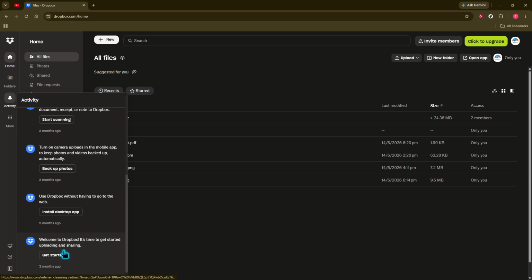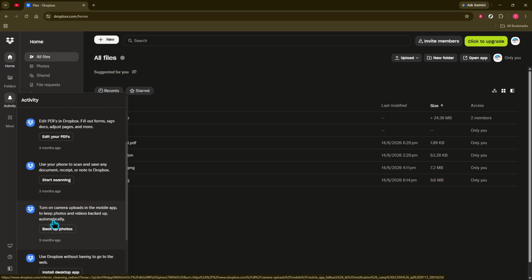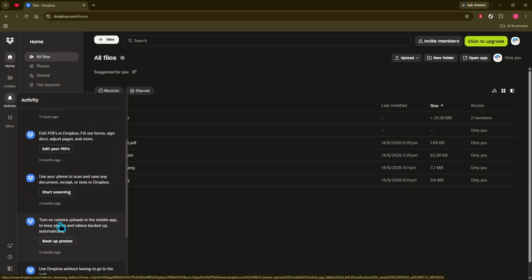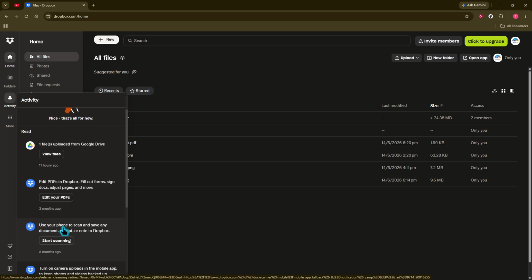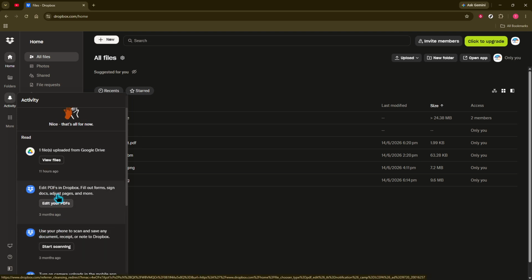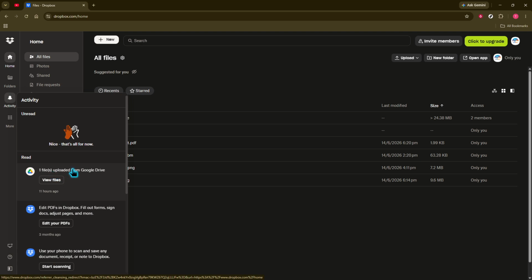Once the page opens, you'll be able to review file actions connected to your account. This is where Dropbox shows a timeline of changes. You may see uploaded files, which tells you when new files were added. You can also see edited files, so you know when documents or other content were changed. Deleted files will appear here too, which can be very helpful if you're trying to figure out why something is